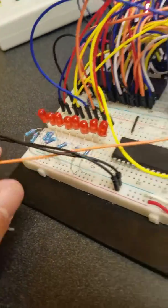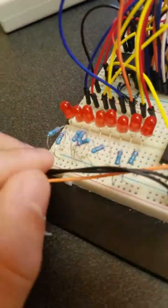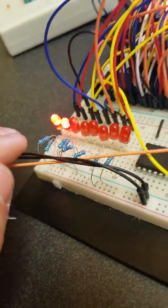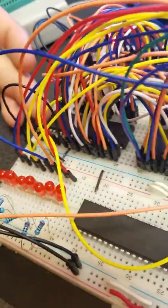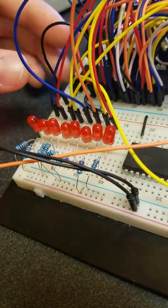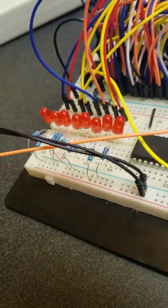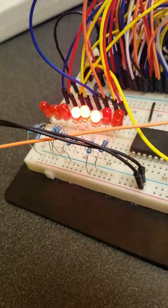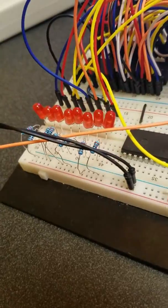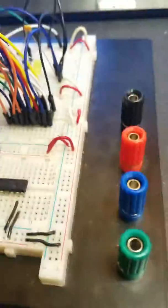But they blink pretty rapidly because I'm using a tri-state buffer in the I/O request. The I/O request only happens for one fraction of an instruction, because the instruction cycle of the Z80 is actually 4 clock cycles long, and the I/O pin is active low for only 1 cycle, so it's pretty quick. But you can kind of see it's counting down in binary, and there's the end of the program. Now if I put this 10 megahertz crystal in,